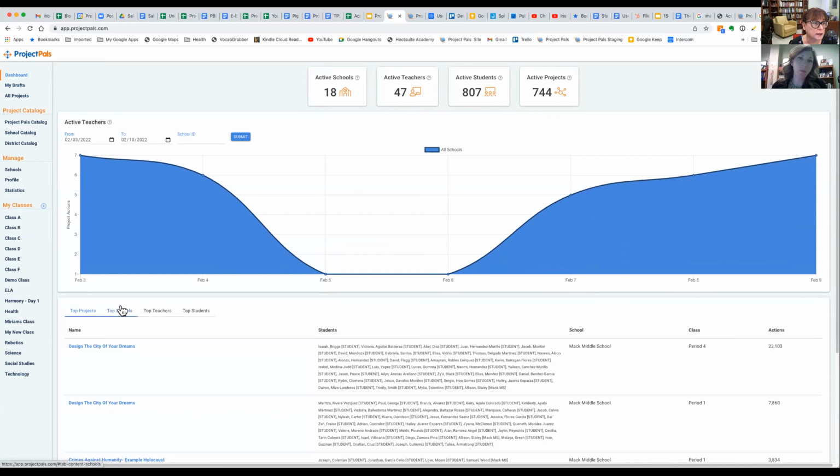And this is, by the way, the project dashboard. The project dashboard is the place where you, as an admin, or in this case, districts have active schools, and then they have active teachers and active students. But as an admin of a school, you will get active teachers, students, and projects, and you'll be able to see day by day what's happening in terms of activity, as well as top projects,